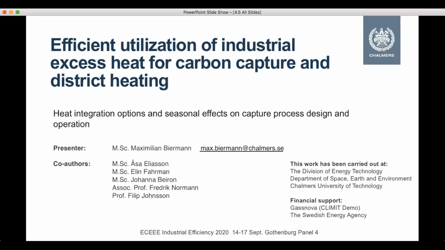Anyway, I think Pontus' second case study example was an excellent transition to our next presentation. Pontus was looking at the effects of integrating CCS, or carbon capture, at a pulp mill, and showed very clearly that it is essentially in competition with direct export of excess heat, and a number of pulp mills do in fact export excess heat to district heating systems. But I think our next presentation by Max Biermann is going to look into that issue a little more in detail. And so with that introduction, I will hand the floor over to you, Max.